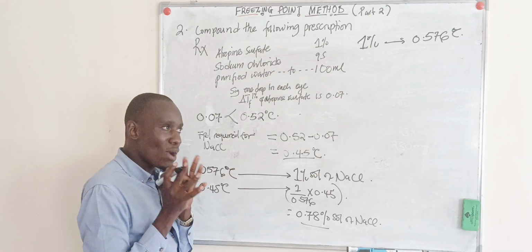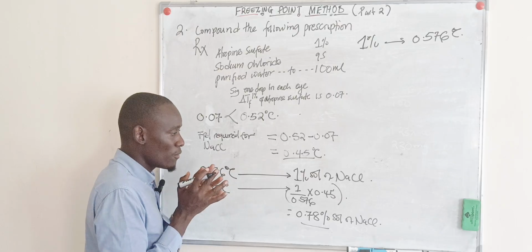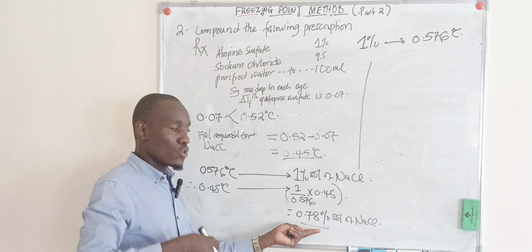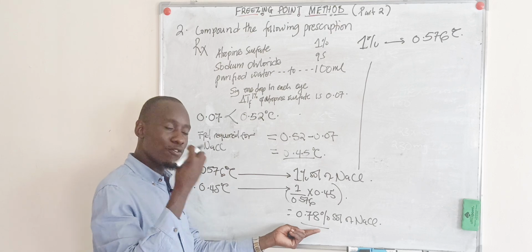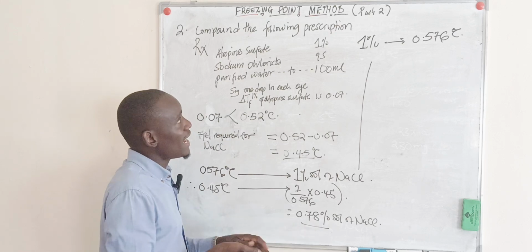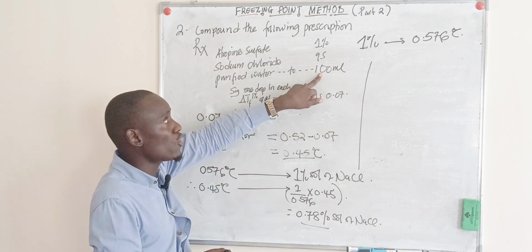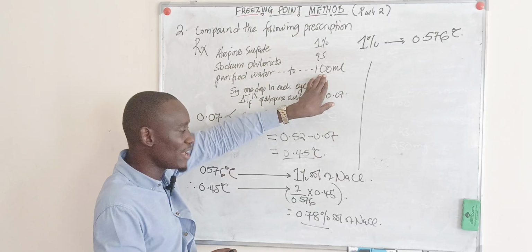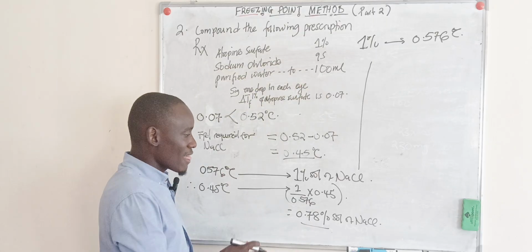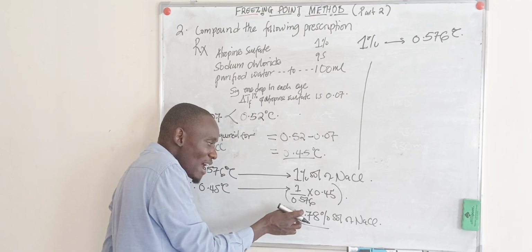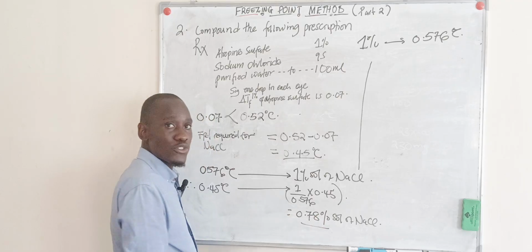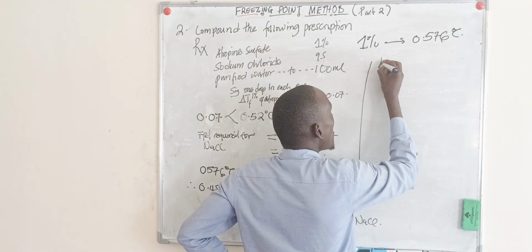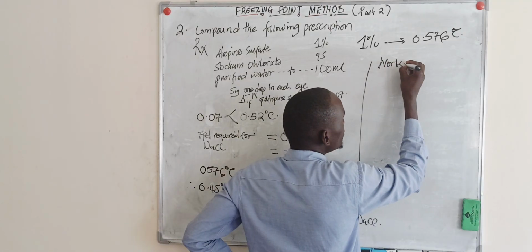So what is now our working formula? That means that we shall need to obtain the quantity of sodium chloride in 100 ml of the solution, because this is our formula. But since the formula is up 100, it means that we have 0.78 grams of sodium chloride in 100 ml of the solution. So our working formula is going to be